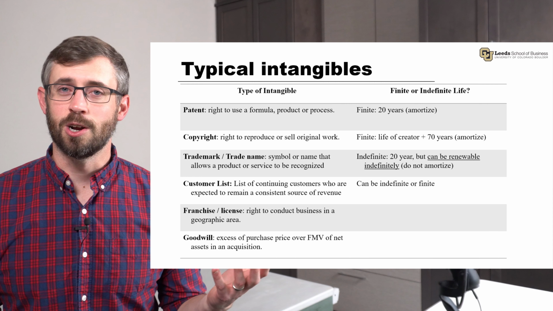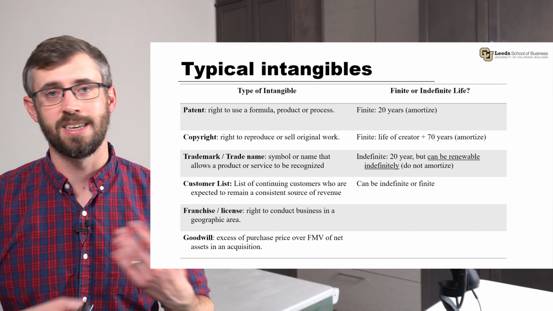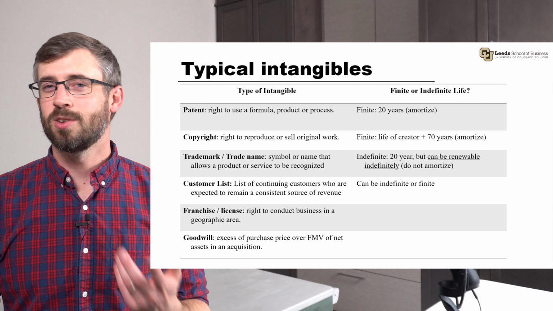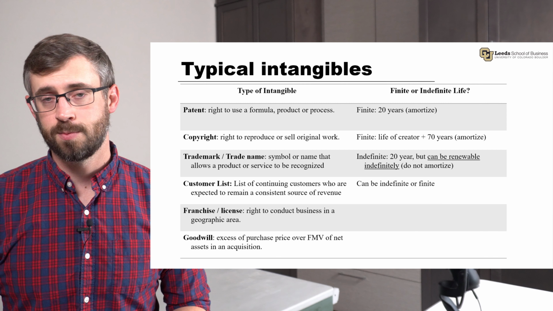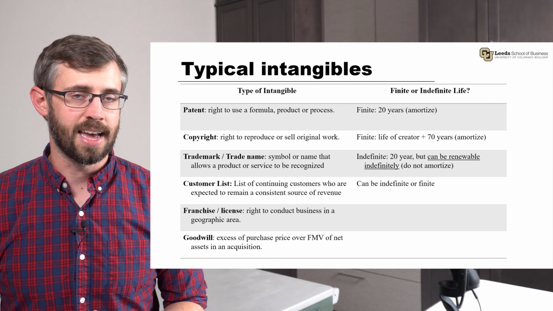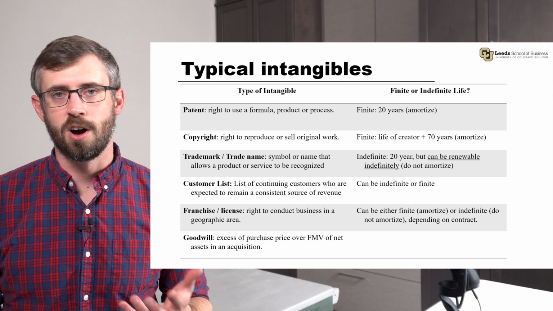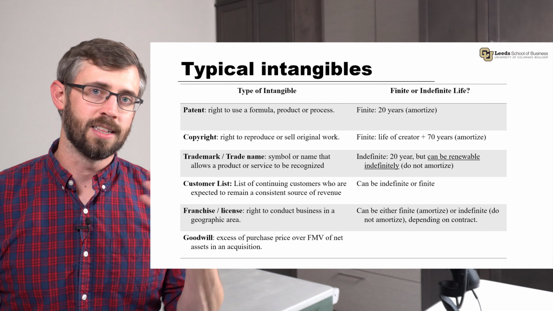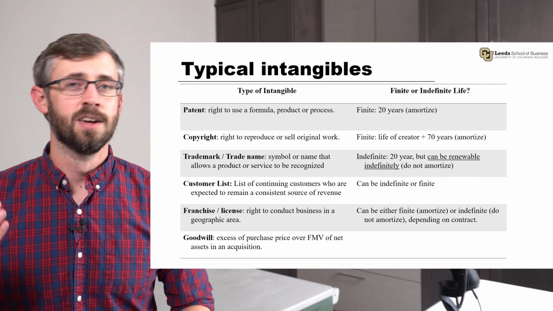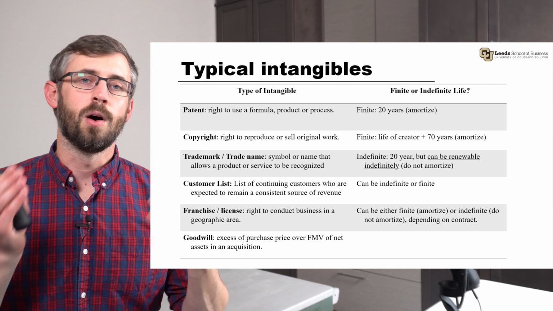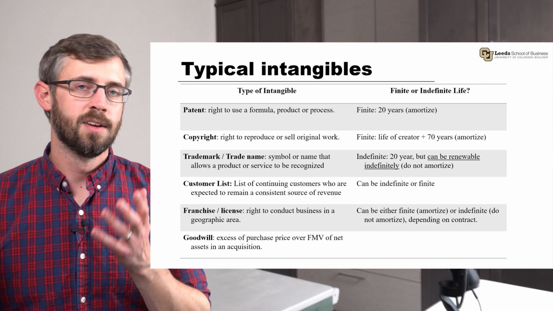Customer lists could be finite if we expect that to run out of value at some point. It could be indefinite if we see ongoing value and we don't know when it will end. So that one depends more on how the company expects to use it and how long they expect to use that customer list, or if they know the end date of it. Likewise, franchises don't follow a simple formula, but rather it depends on the contract between the franchisor and the franchisee. Sometimes there's a limited life in that contract, sometimes it is indefinite, but the contract is going to determine whether we amortize what we paid for that franchise,